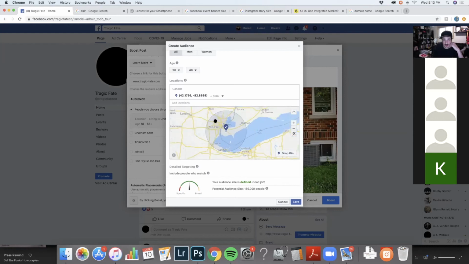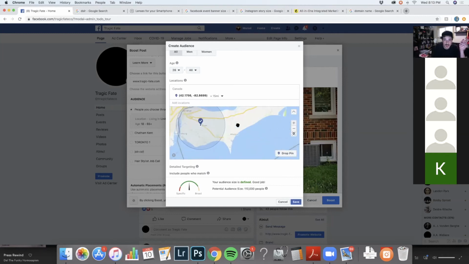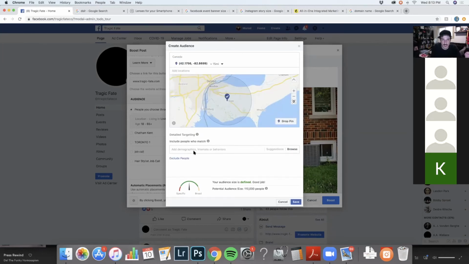Okay, now we're getting into, let's call it 15. So 15 miles from that center point that I just chose covers most of the county. Let's say we're advertising locally. I'm doing a pop-up or I'm doing an event. And I mean, the advertising makeup of events, posts, any of these things is largely the same. So don't worry about what it is you're trying to promote. Okay, this is good.